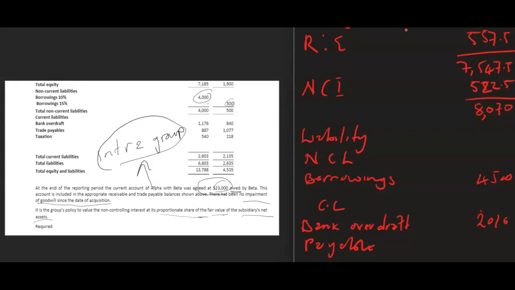Meanwhile, it was in the same group so under the group, we are supposed to subtract that because it's like from one pocket to the other, as we said. So on the payables also, we are supposed to subtract. So we add these trade payables, that and that, then we less 23,000, and that will give us 1,941,